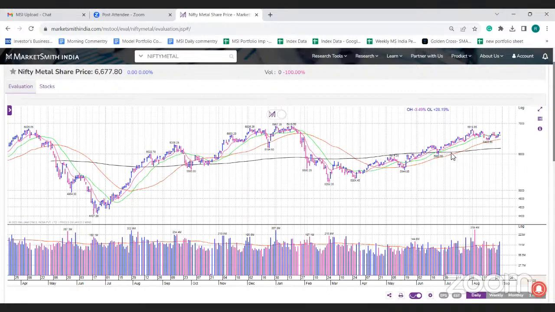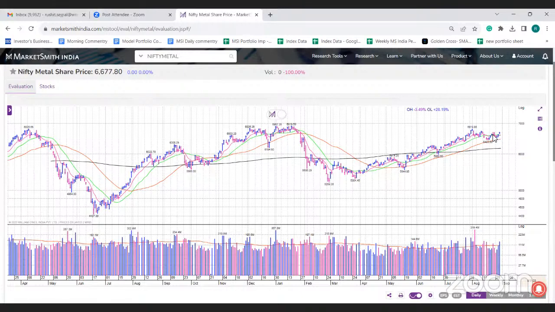So I think metals had been a bit volatile for a few days after a good rally. So here mainly the China से काफी सारा impact हुआ था. So the prices have recently been in a good shape for some of the metals. And overall, if you look, the index is doing well. It is getting support near its 21 and 50 DMA, and it is still not going below that level.